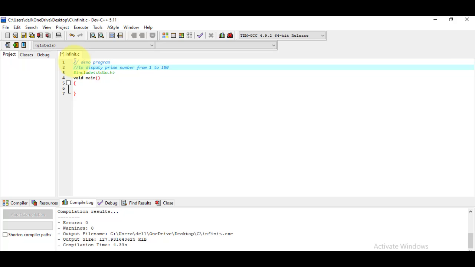I would like to display all the prime numbers from 1 to 100 in this program.